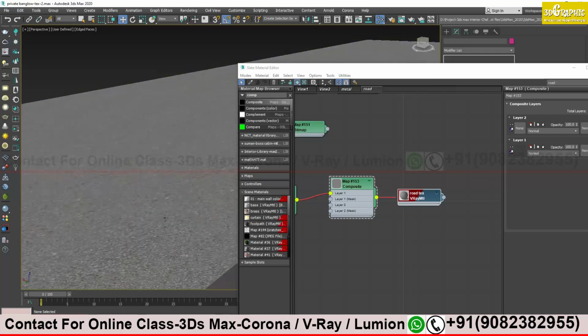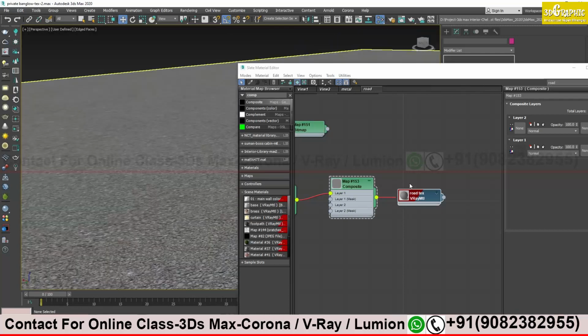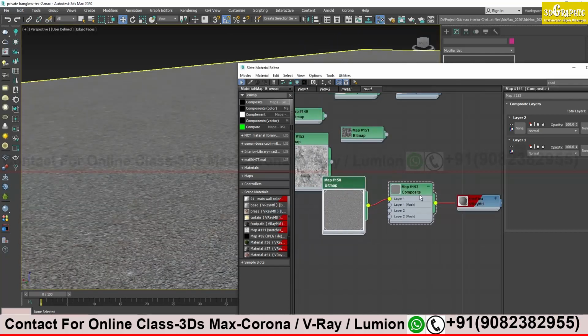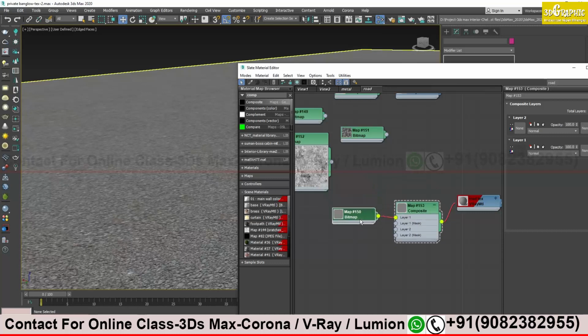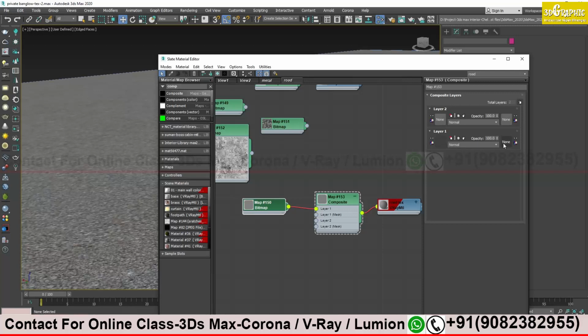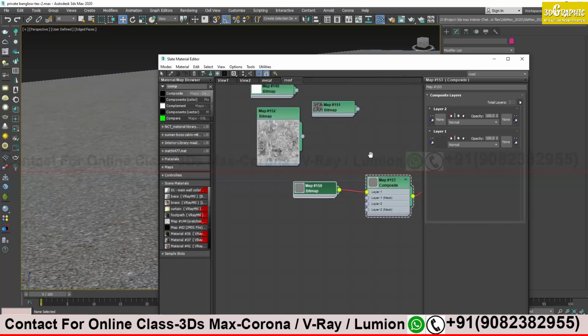A little bit of adjustment so that I can see my road properly. So it worked like this: composite should come over here, and it worked directly with the bitmap. Clear so far? Nothing advanced, I just applied the composite material in between to my main material, and I use one texture for the first layer.